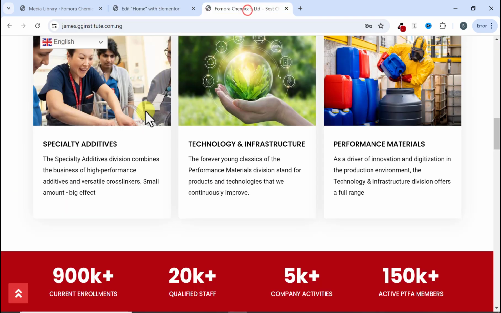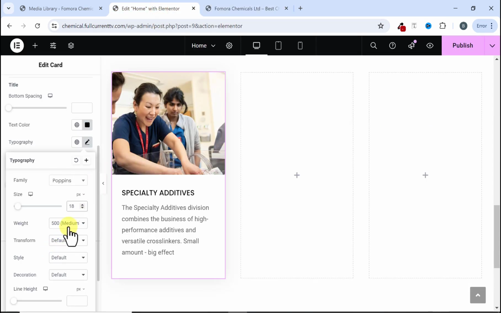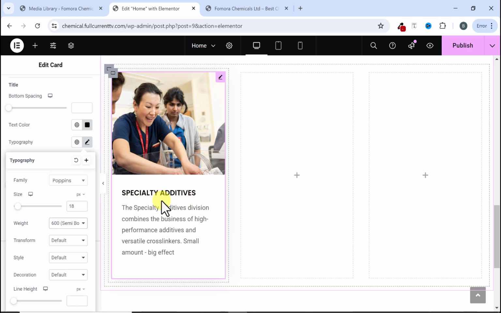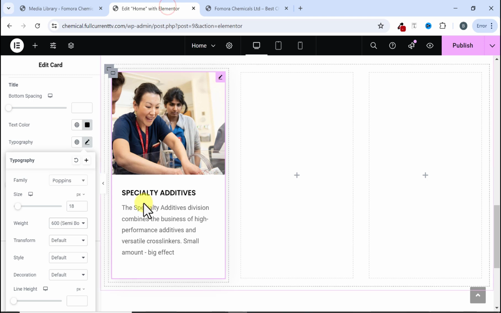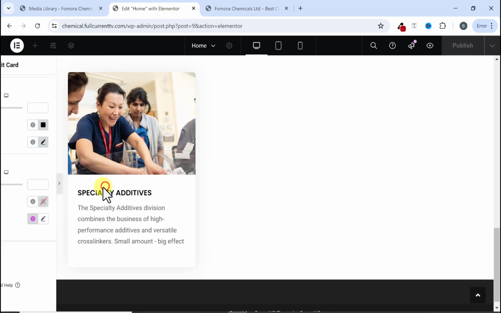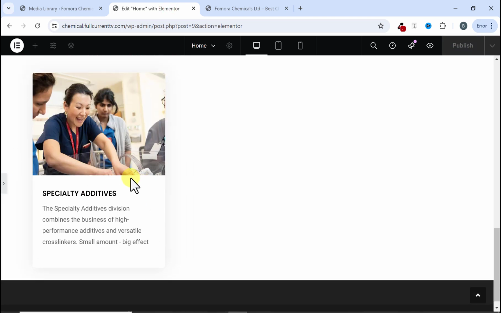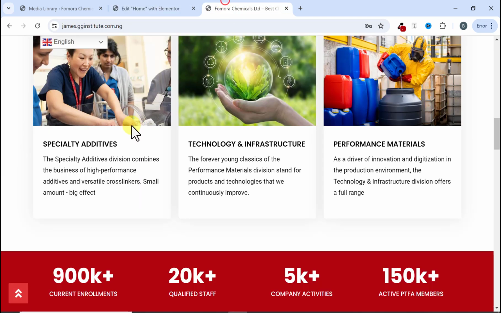Let's see how it looks. So here we have it. I think 18 looks great, but we need to add the font weight to somewhere around 600. All right, so we can now make it 18 and make it to be 600. So this looks great. Then if I preview this here, you can see that this looks great, and here also